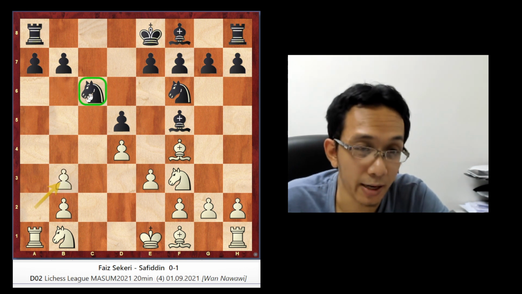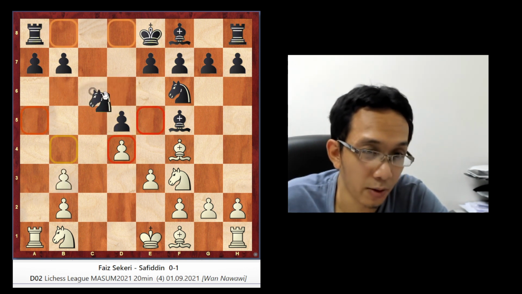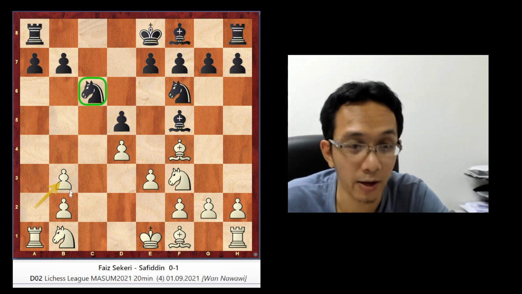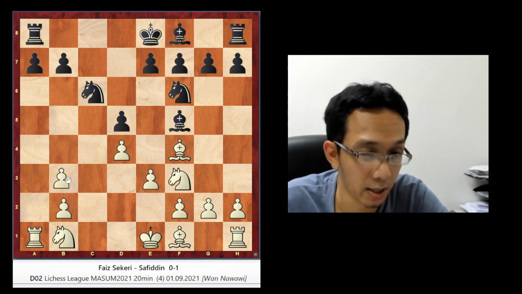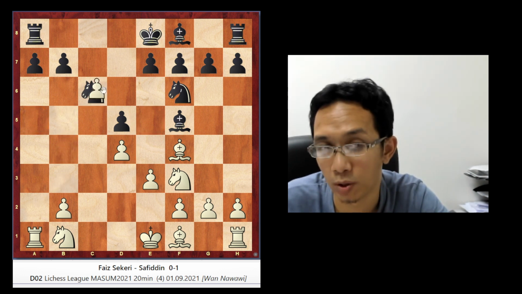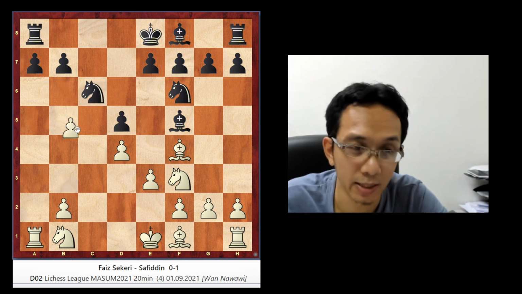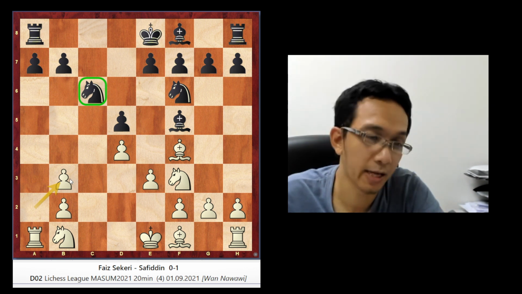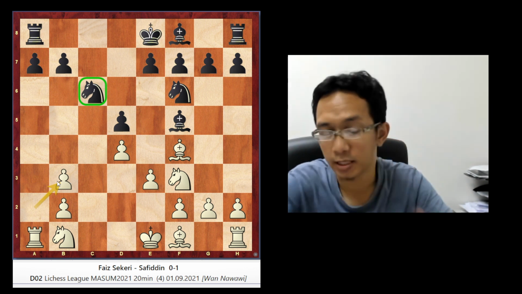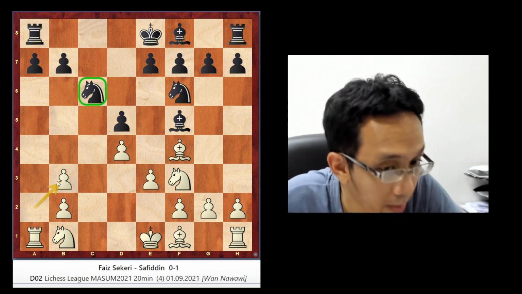So normally there is a pawn here, right? There is a pawn here where the knight is. Then it's okay if you have a double pawn, because you can use this as a battering ram to exchange this pawn with this double pawn. But in this case there is no pawn here, so in this position the double pawn is not good, lah. Okay.